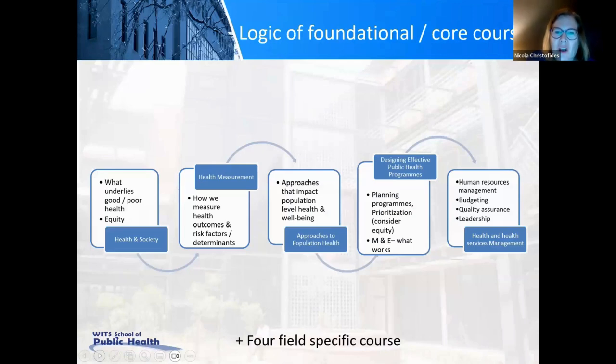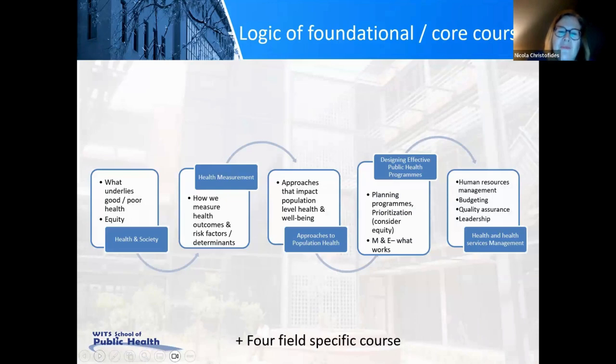These are the core modules, so just a little bit of the logic of the foundational or core courses. Students start with a course called Health and Society, which talks about equity and what underlies good and poor health.